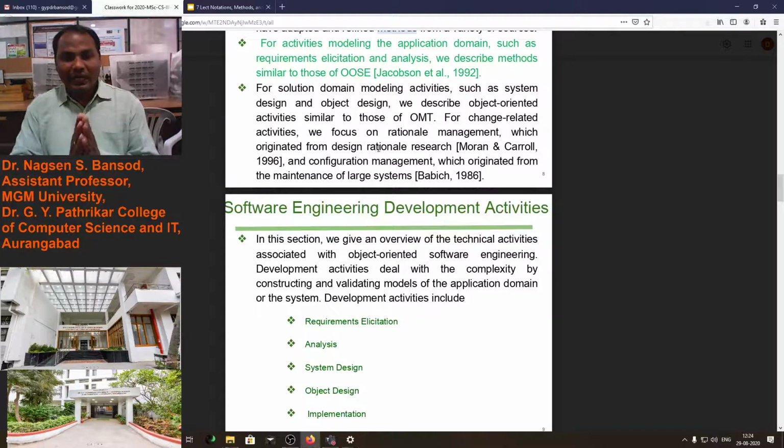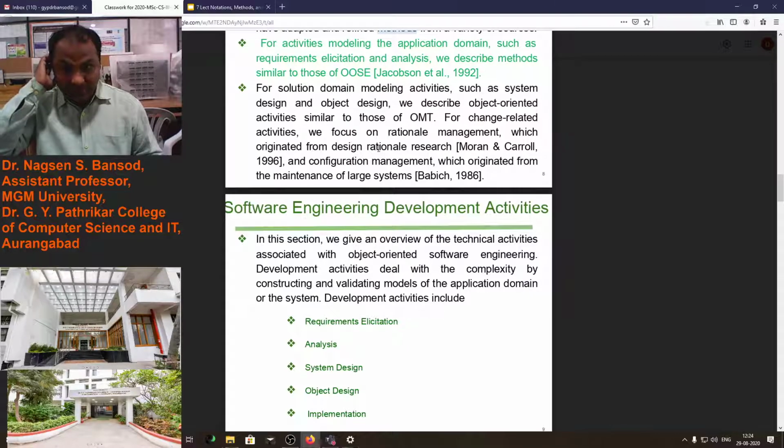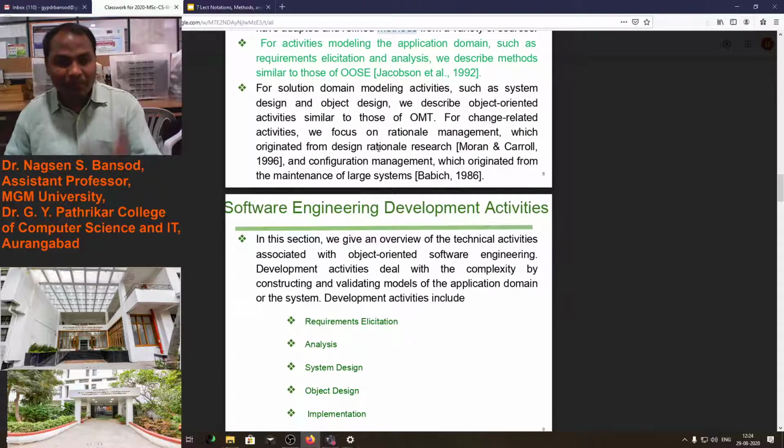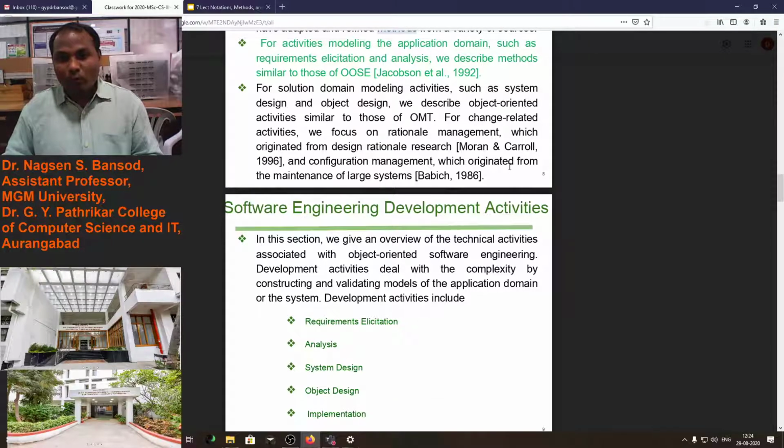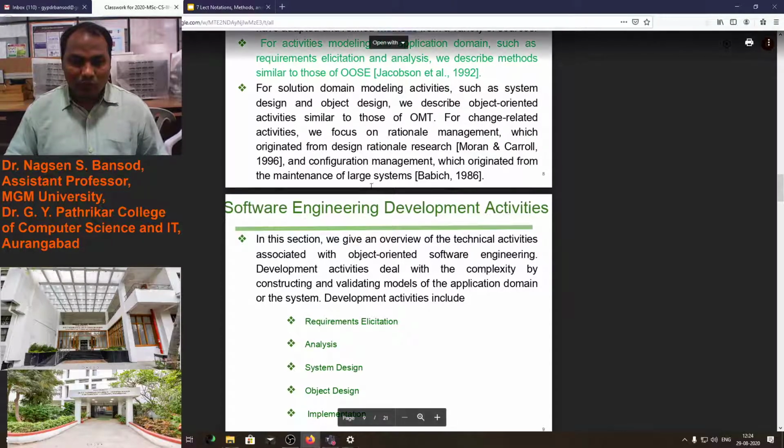Suppose I want that once I have started my lecture through this Teams, automatically you have to join this lecture. Such type of logic is the methodology given in the book published in 1986 by Moran and Carroll.